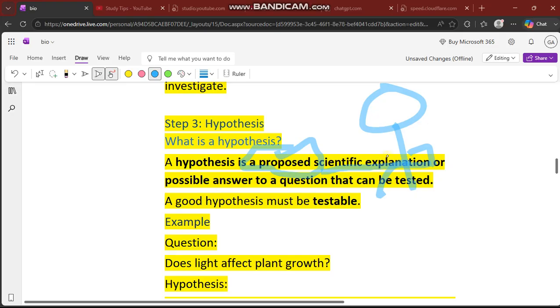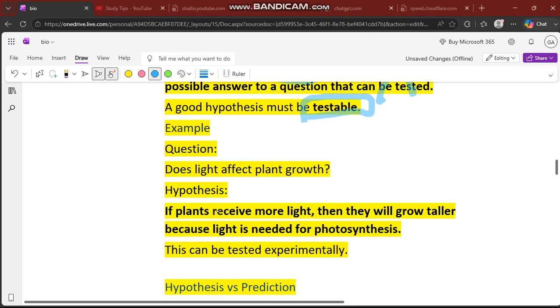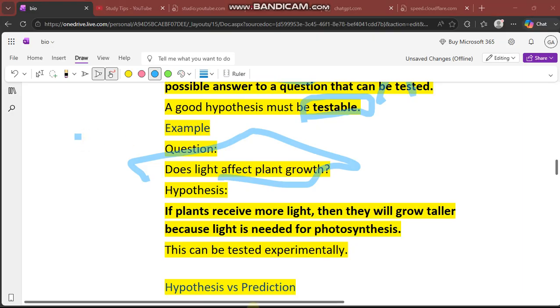Or possible answer or look ሊሆን የሚችል መልስ to a question that can be tested okay ሊሆን የሚችል መልስ ነው hypothesis የምንለው ማለት ነው a good hypothesis must be testable. ጥሩ የሆነ hypothesis የሚባል ምን መሆን አለበት ቴስት ወይ መፈተሽ የሚችል መሆን አለበት ጥሩ የሆነ hypothesis ነው ምንል ከሆነ ማለት ነው so example question does light affect plant growth የሚል አይደል a hypothesis ነው አይደል so a testable ነው okay because we can check by what by putting a plant in the dark and by putting a plant in what in a light in a visible area ብለን እዛ አስቀምጠን ቼክ ልናደርገው የምንችለው it is testable ነው ማለት ነው so hypothesis ምን testable ሊሆን ይገባል ያለው በዚህ ምክንያት ነው so በዚህ way ማወቅ እንችላለን ማለት ነው